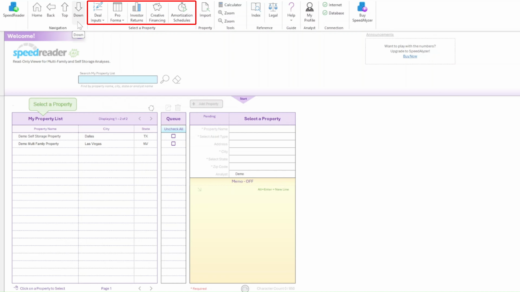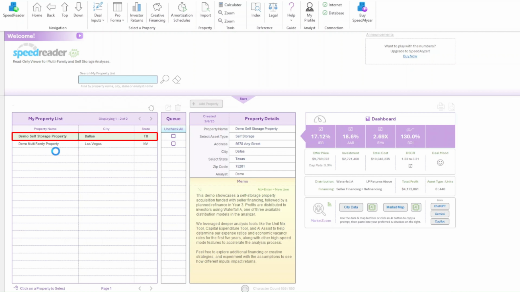Next, we have the Analysis buttons. These 5 buttons take you to the main sections of any analysis, and are only active when a property is selected from your My Property list below. The selected property will be highlighted in green, and from here, you can view all the data the analyst modeled